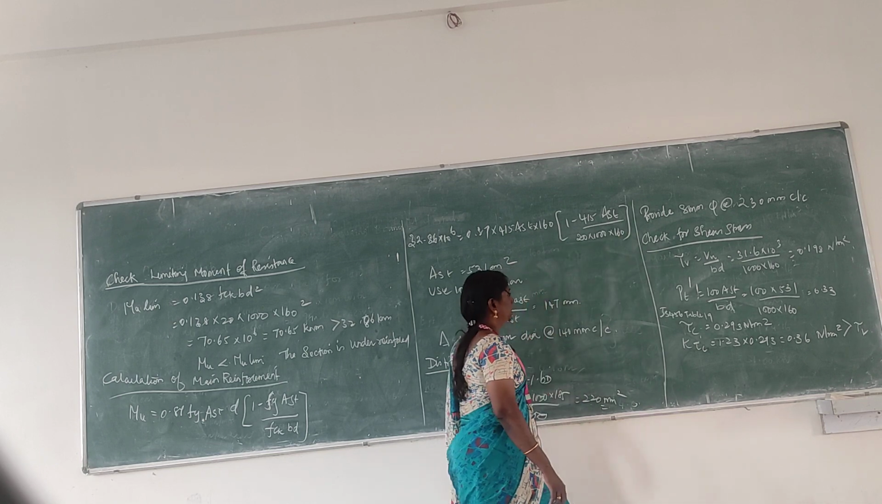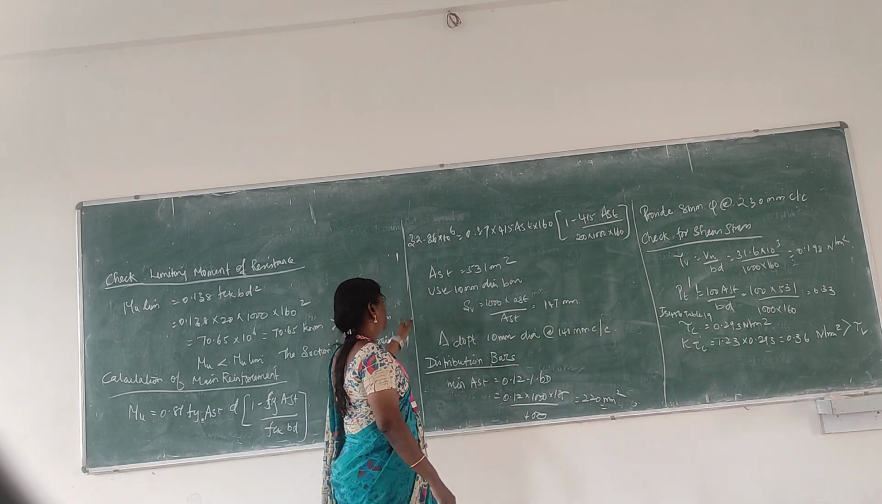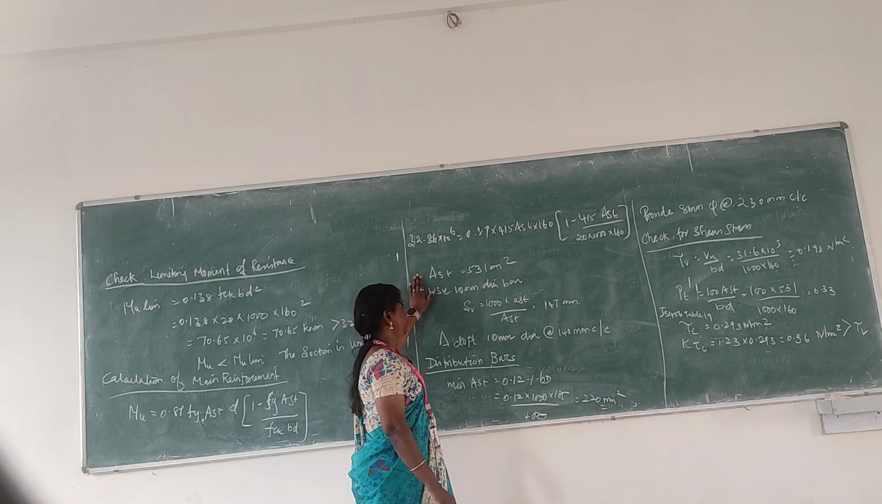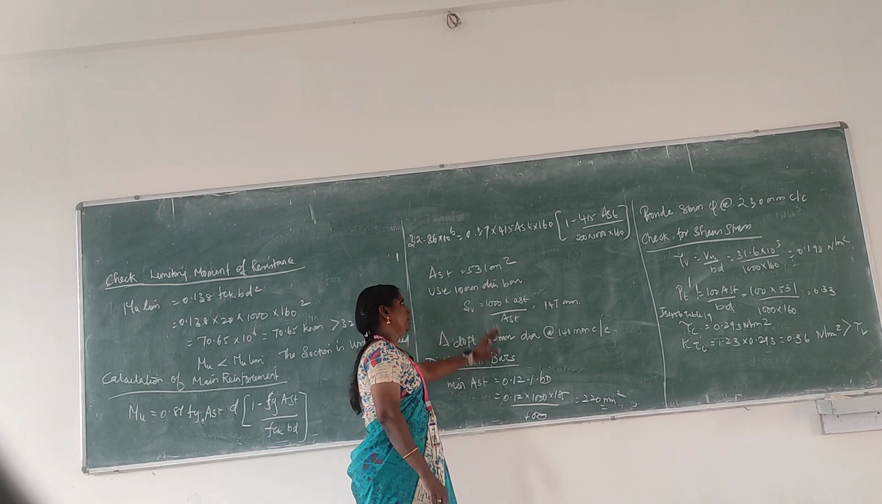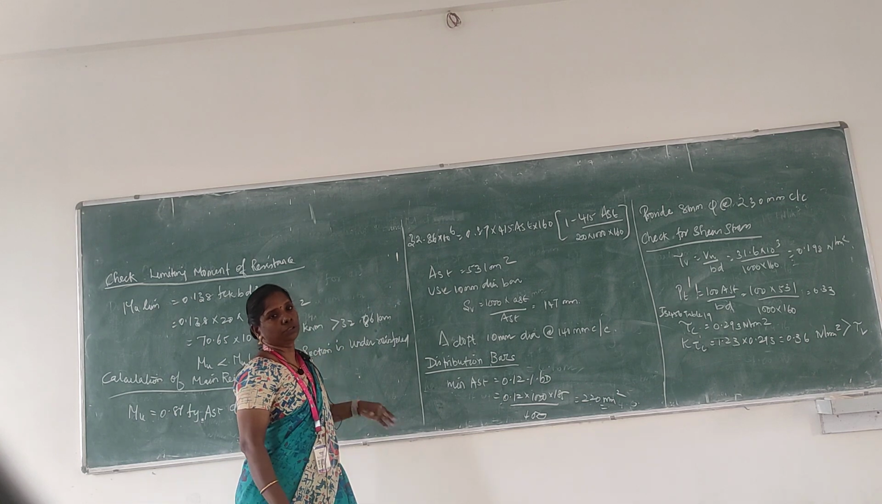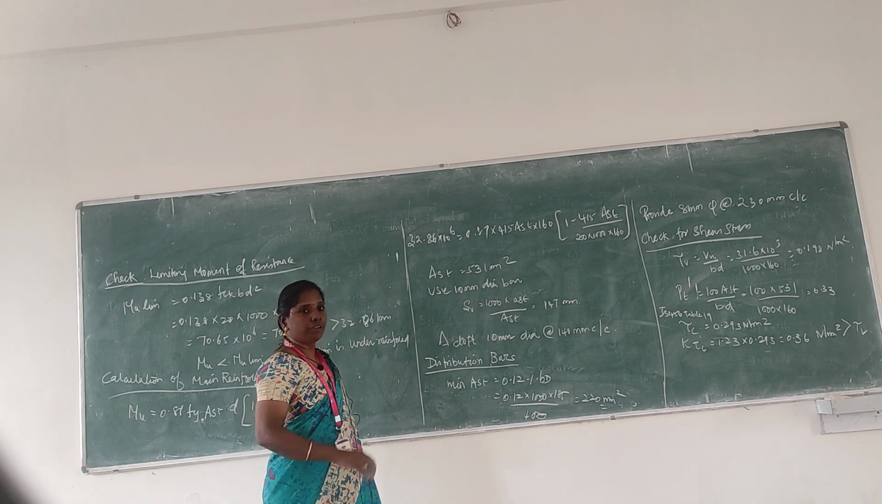Next, depth is 160. So, for that we have to calculate the AST. AST is 531 mm square. So, we are using this as the overall AST. Now, we are calculating the